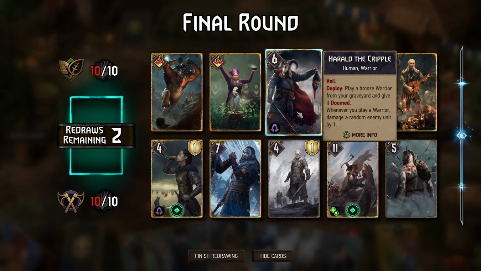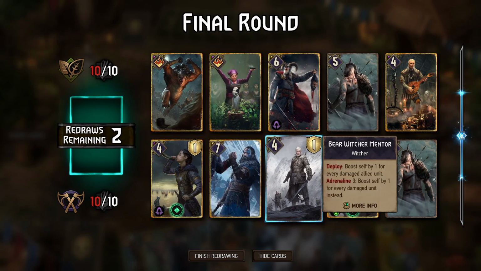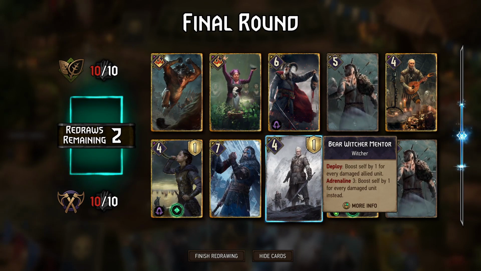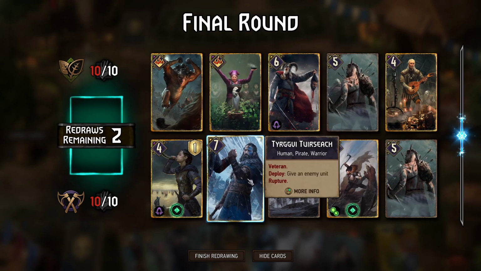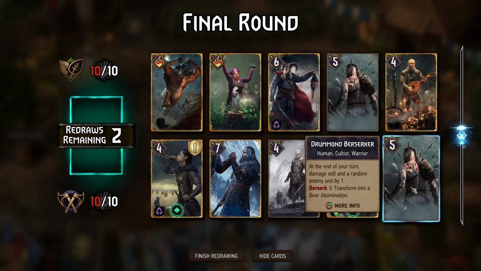We waited to play Harald. He is now fully evolved. Having Herkja is a nice thing to build around. I added the Bear Witcher Mentors, the other thing. Since we added a much bigger beast with Melusine, I took out the Raging Bear, and with that 5 provision slot, use this Bear Witcher Mentor as a finisher. We can use either you or Champion's Charge to remove...